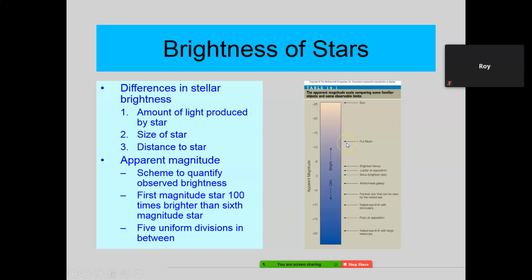The brightest moon would be about 12 magnitude. The sun is up here about 26 or so. Okay? So that just gives you the range of apparent magnitudes. Now, why they make the brightest thing the negative number and the dimmest thing the positive numbers, I have no clue. Okay? Except they call this first magnitude here the brightest and 6th magnitude the dimmest. So I guess they started that way. So they had to have positive numbers being dimmer and brighter things being negative numbers. It makes no sense, but that's how they did it.